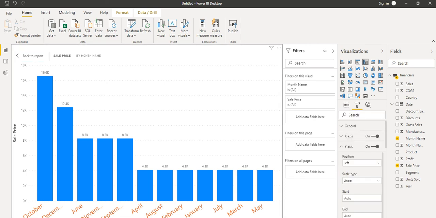If we want to make any changes to the y axis and the titles, all these things you can change from this format tab. From here, if we want to change the background color, or anything else, we can make the change.